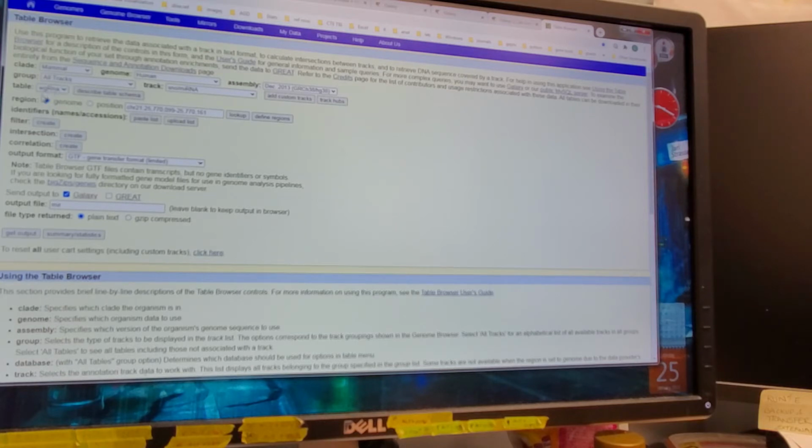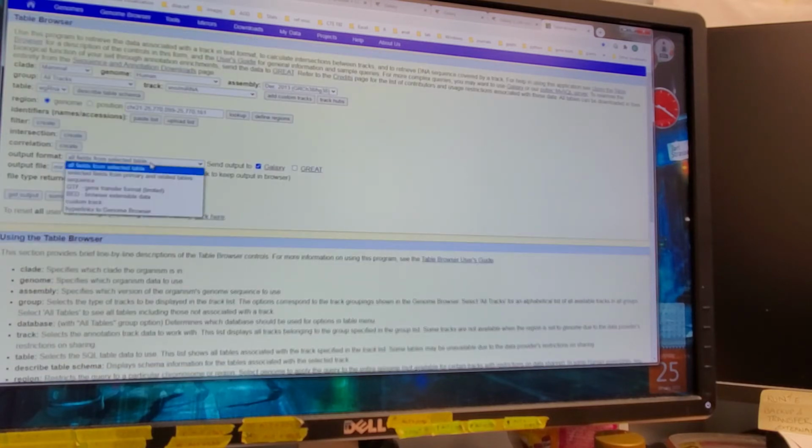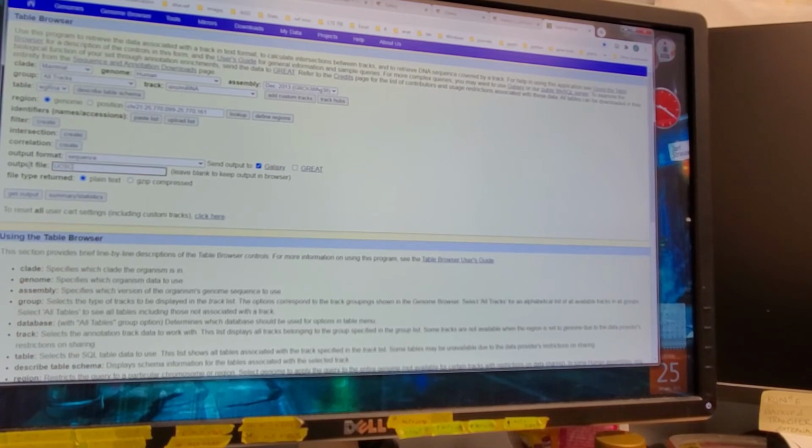So whole genome RNA, for the region we want the genome. We don't want a specific position. And then leave these alone. Output format, go to all fields from selected table. Or, wait, let's look at the table. What we have, we actually just want the sequences. So select sequence, and then for output file, you want the source from where you got it from. So UCSC,